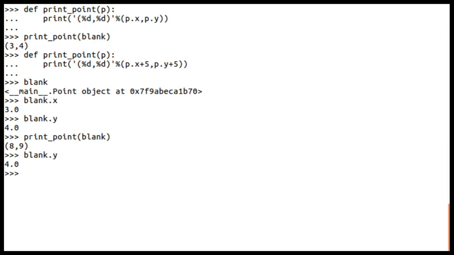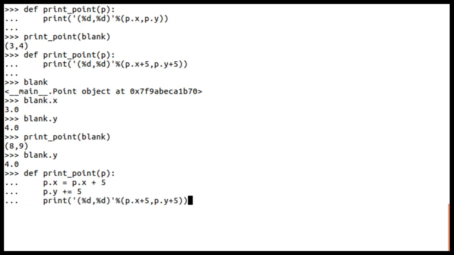But if we want to modify, let us consider the same method, and here let me modify p.x is equal to p.x plus 5, and similarly p.y plus equal to 5, and later I can print both x and y.